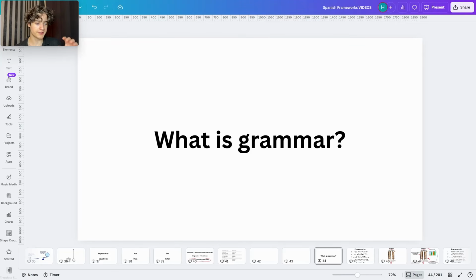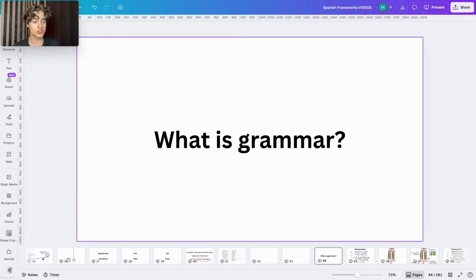Let's just start by defining what grammar is. What is grammar? We hear this word when you're starting to learn a new language: you gotta learn the grammar. What does that even mean? A lot of us just imagine that grammar is this massive thing where there are charts and different drills and memorization that has to occur for you to learn this phenomenon. In reality, grammar is just one thing.